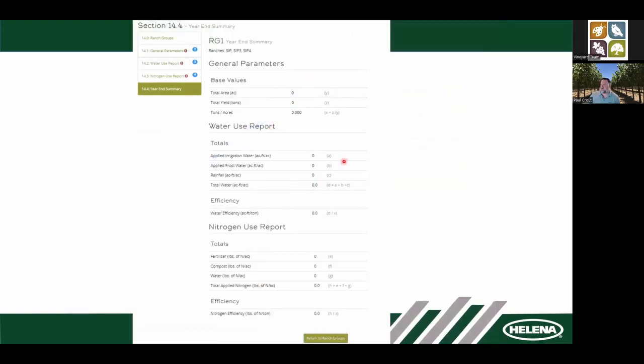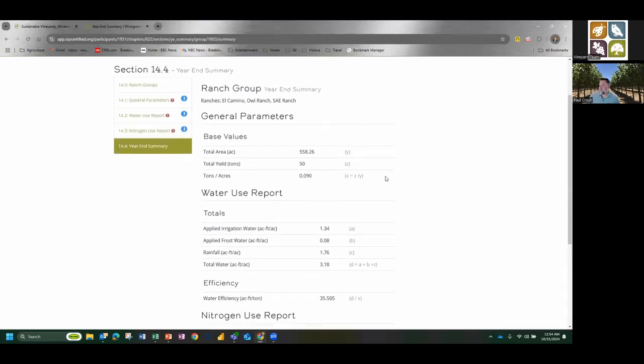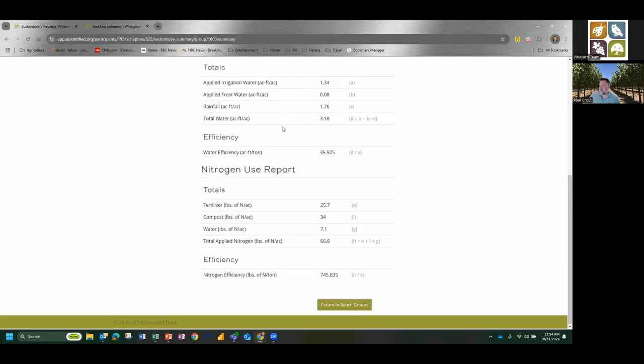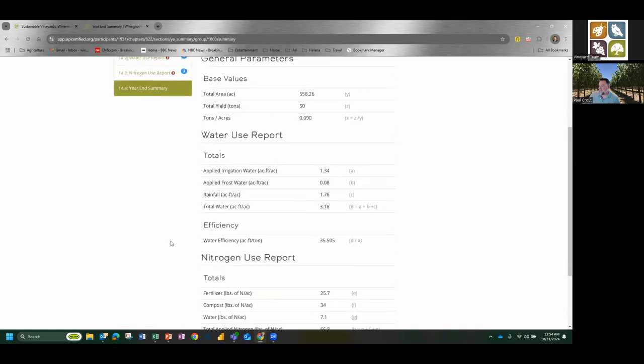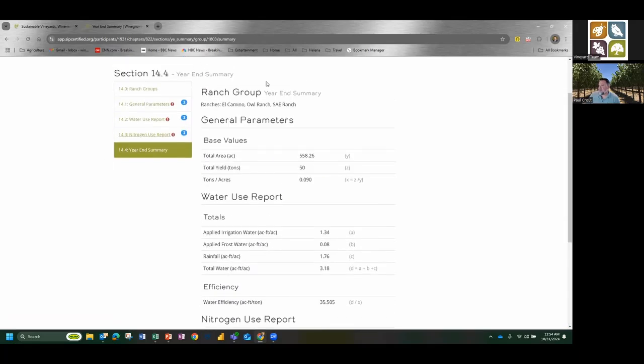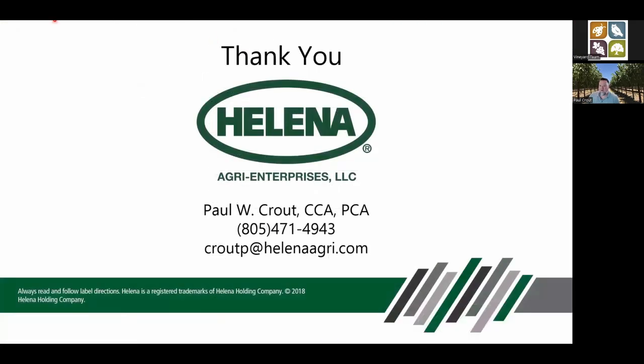Here's the summary page. So actually here, I'll show you the actual summary page of what we entered. So we had our acreage, our irrigation water, calculated water use efficiency, total applied N in pounds of N per acre, and our nitrogen efficiency. It looks like I accidentally hit 558 acres instead of 10, but it supplies you that summary at the end of the report. And that's the end of